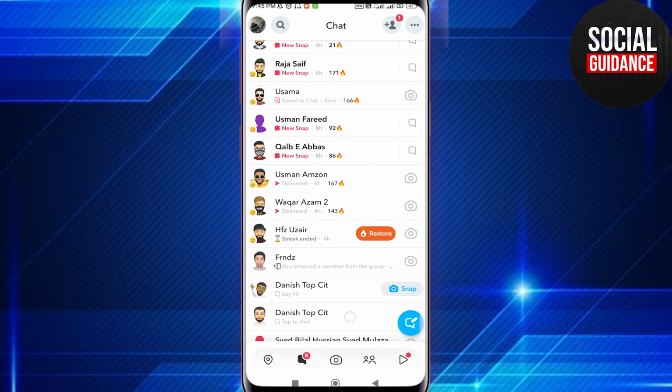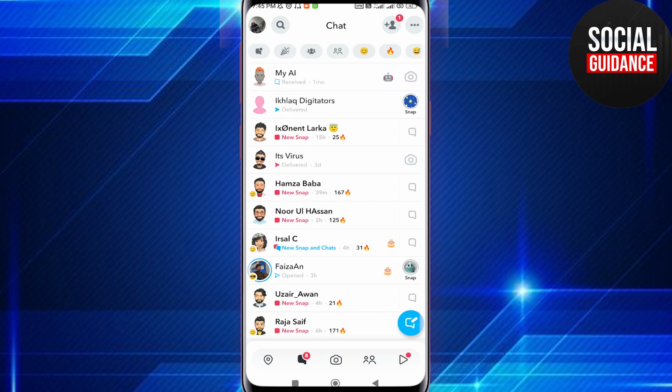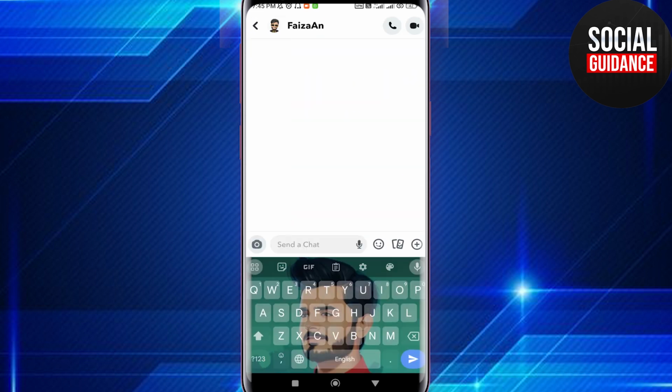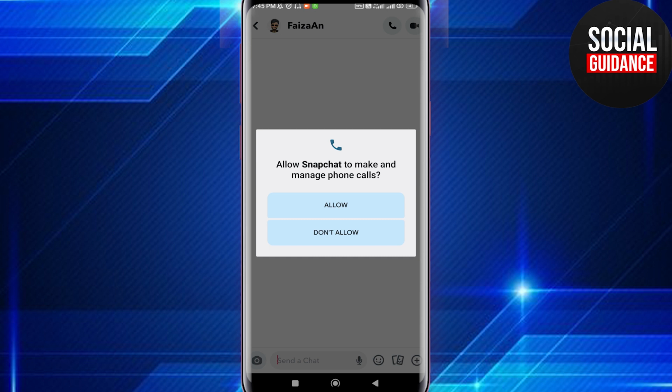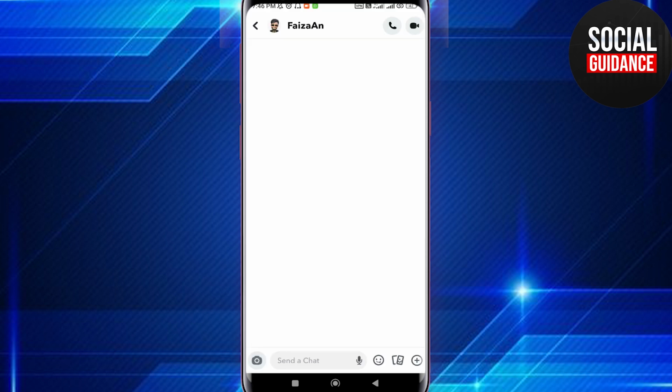So if I want to call any one of them, I can click on his name, and now you can see these two options in the upper right corner. If you want to use voice call, you can click on this button, and as you can see, it asks to allow Snapchat to make and manage phone calls, and you have to tap on this allow and it will give him a